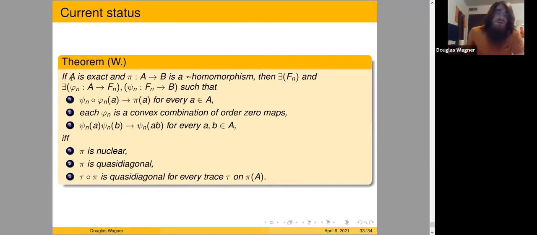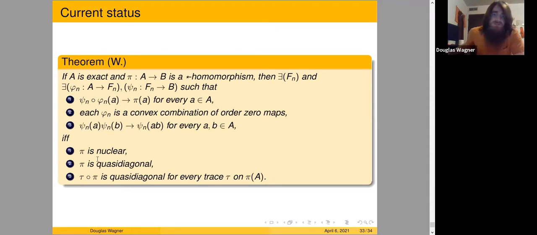So if we have an exact C-star algebra and a star homomorphism to another C-star algebra, then we have these finite dimensional C-star algebras and these maps to and from them, such that the CCP maps approximately compose to the star homomorphism. The downward maps are convex combinations of order 0 maps, and the upward maps are approximately multiplicative. If and only if